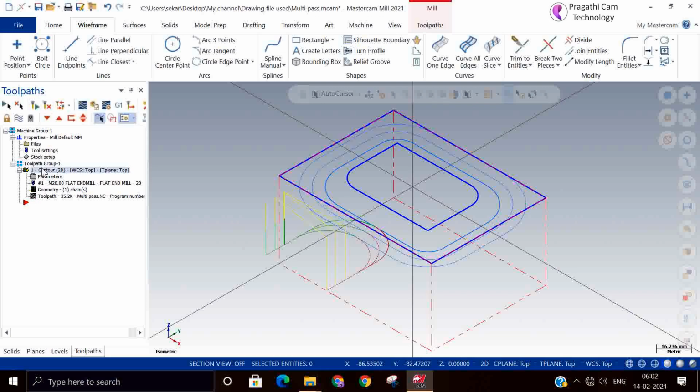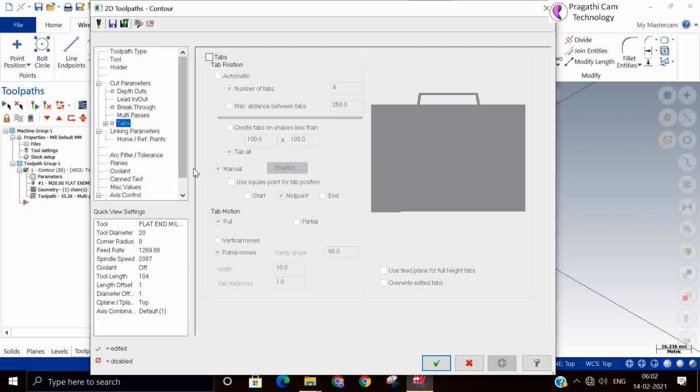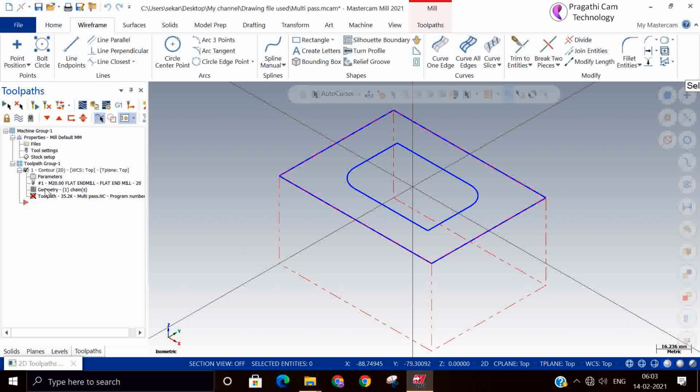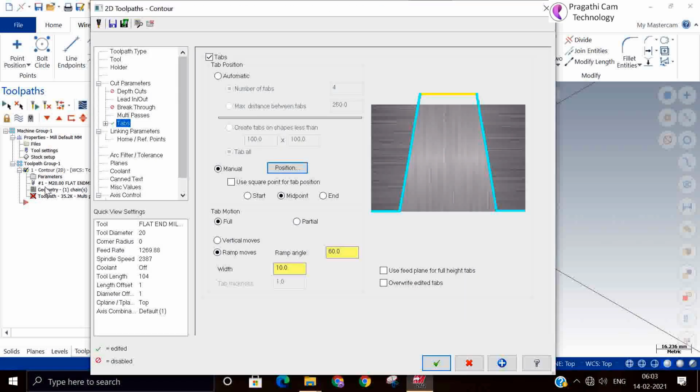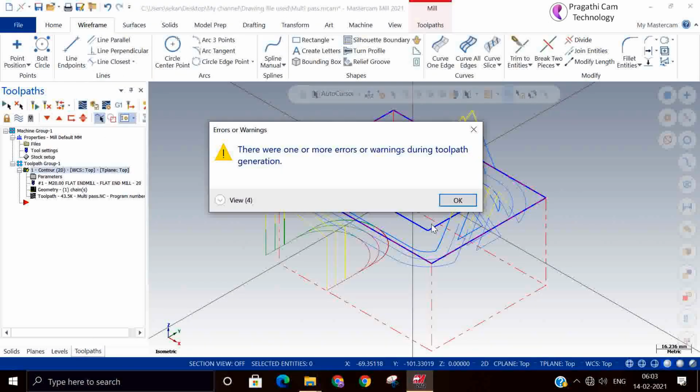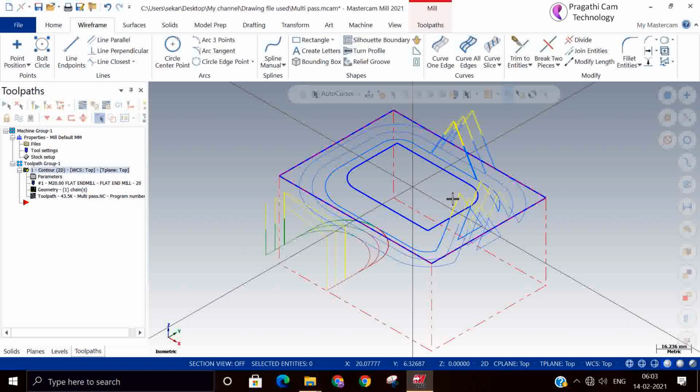Just regenerate. So again you make a new tab, manual. This is my first tab and this is my second tab. Width is more, I think. So it is a very small area.